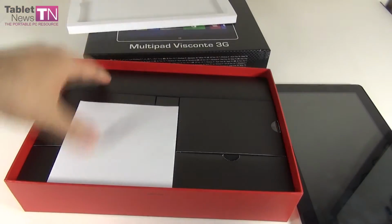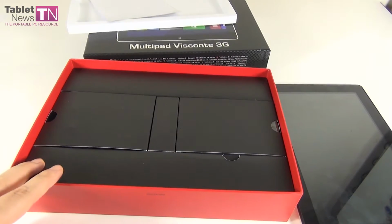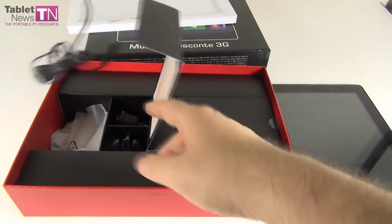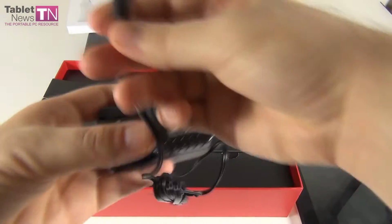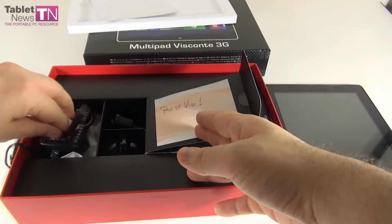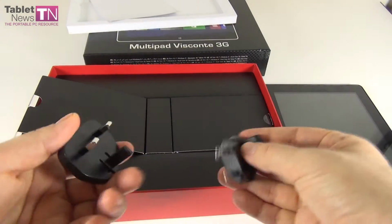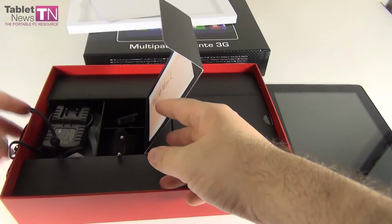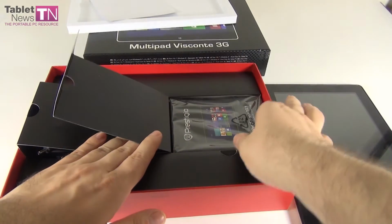bit more. Quite a big box here. This is the license for Windows. You also get the Office with it. And let's see. Inside the box we have the charger. The charger is available right here with this cable. Let's put it back. And we also have two accessories for the charger, type of plug 1, type of plug 2. So if you're in the UK or let's say another country with another type of plug, you'll be happy with it. And then we got the manual,